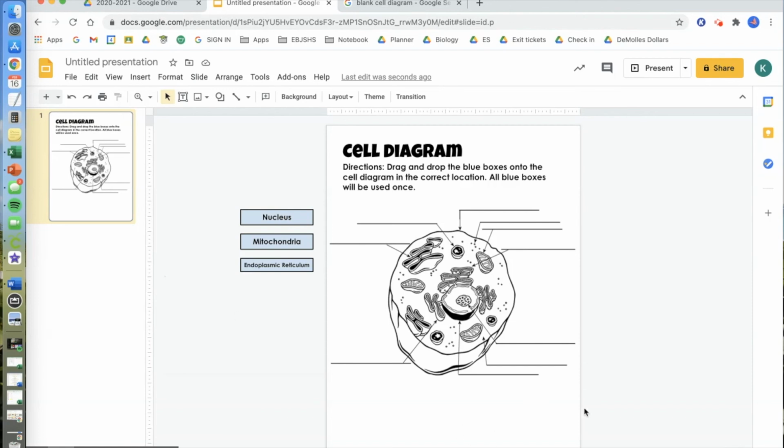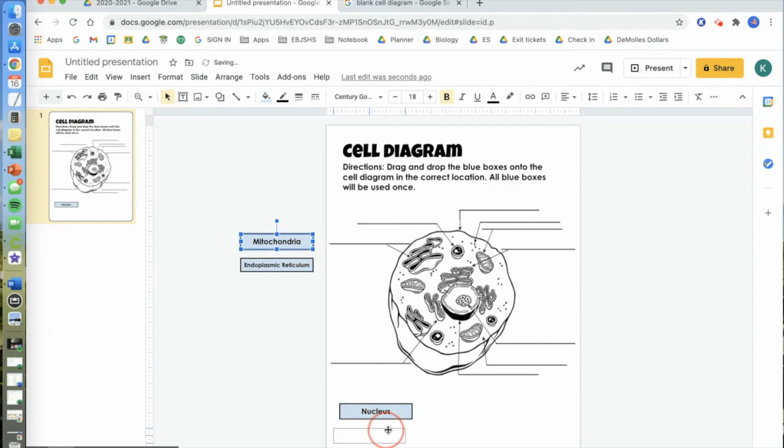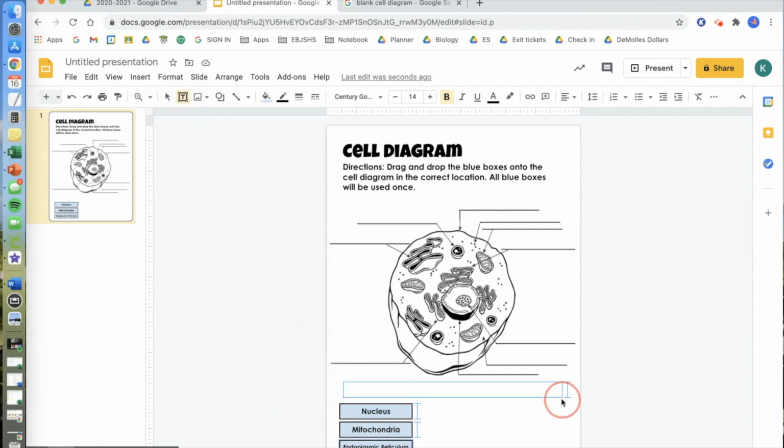Because I still have some space down here at the bottom, I might put all my drag and drop labels down here at the bottom, so that way they're not off to the side. But it's really up to you how you format this. So like I said, if I don't have a lot of room within the actual page, I will put all my drag and drop tiles on the side. And I like to add a header, so that way the students know that these are the drag and drop labels. So I'm gonna say drag and drop